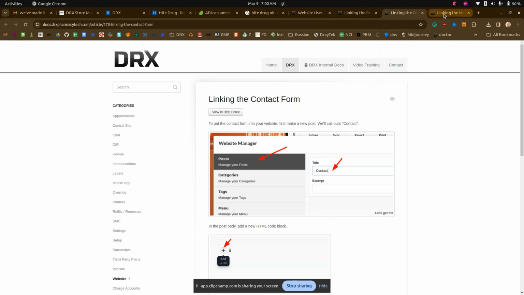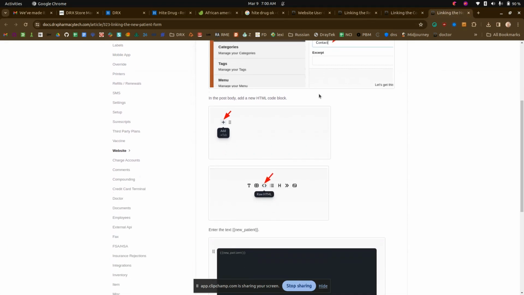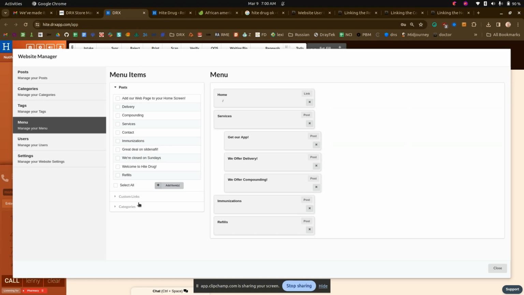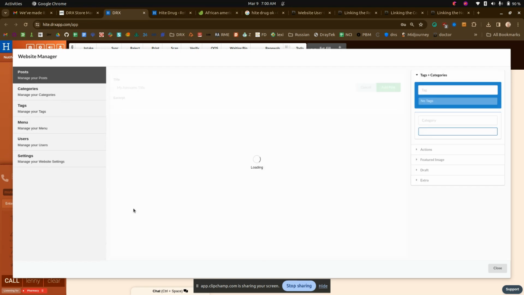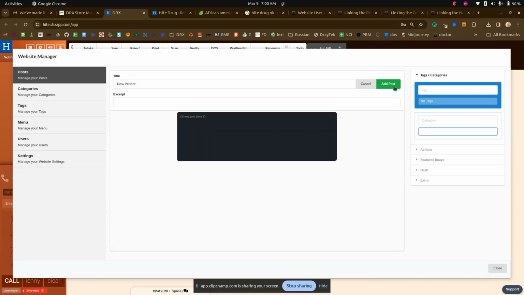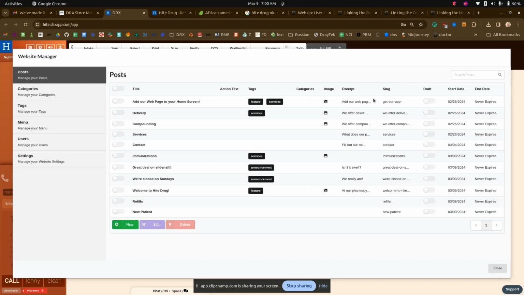You had mentioned the new patient, linking the new patient form. So for this one, we're also going to have to add a new post with some raw HTML, but it's a little easier. We just have to paste in this new patient tag. So if I go over here to posts and create new, I'll call it new patient, and I'm going to delete that, and I'm going to add some raw HTML. I'm going to paste that in here, add posts. So I have the new patient form,